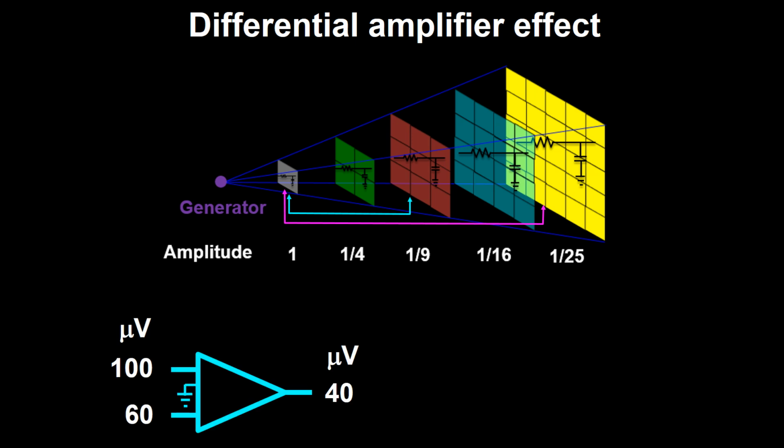Yet, as the wave goes through the amplifier, because of the nature of the differential amplifier is to subtract the amplitude coming through input 2 from the amplitude coming into the amplifier through input 1, the end result